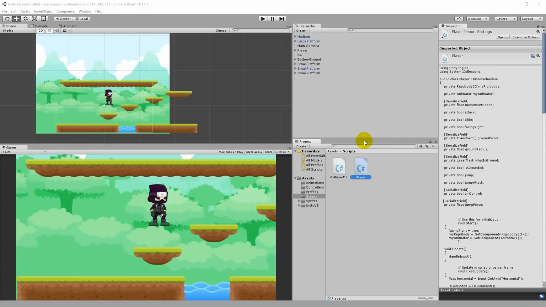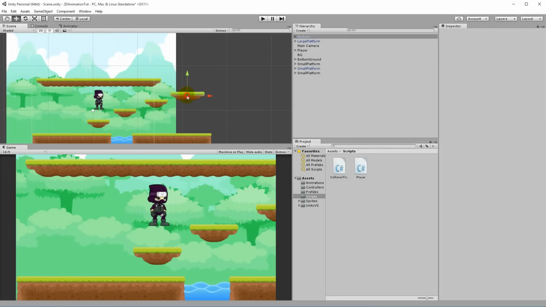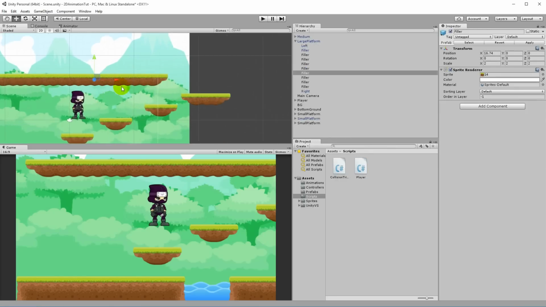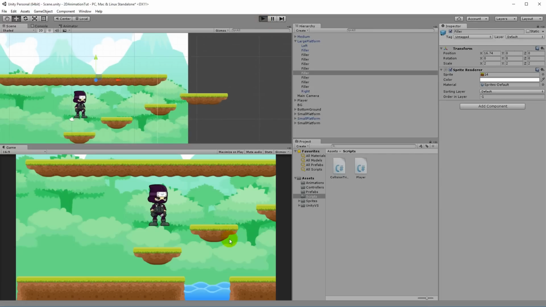So in this part of the tutorial we are going to have a look at how we can make the camera follow the character. So right now I simply just added 3 small platforms, and then I added a medium platform up here and a large platform up here. And as you can see, the player is able to reach all of them by running around and by jumping from platform to platform like this. And he can also jump up on top of the last one here.